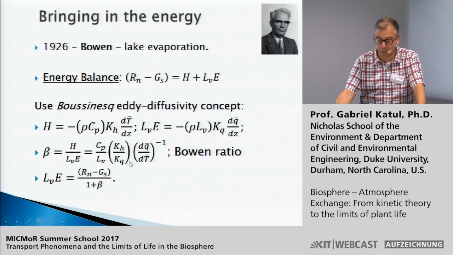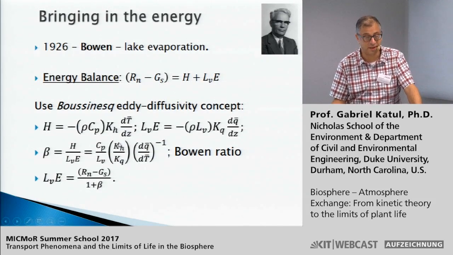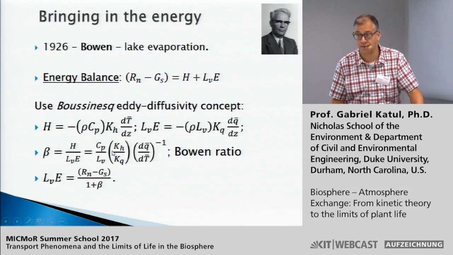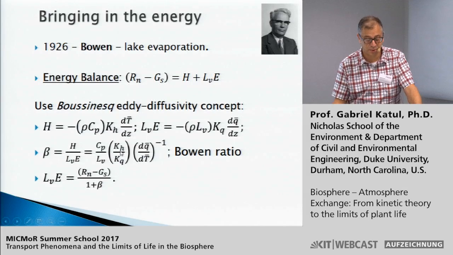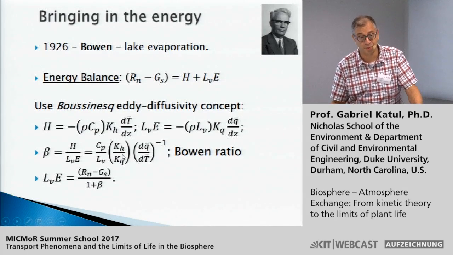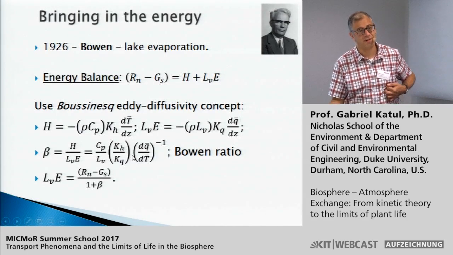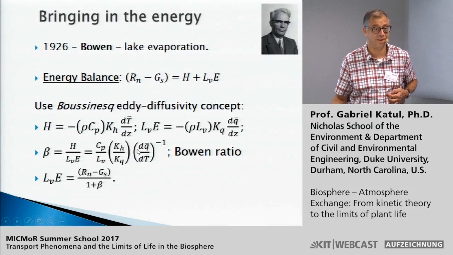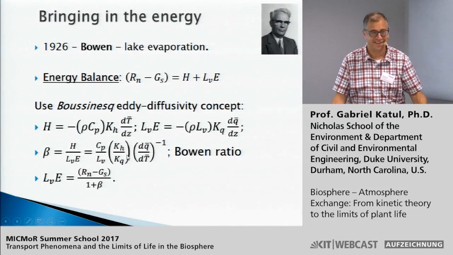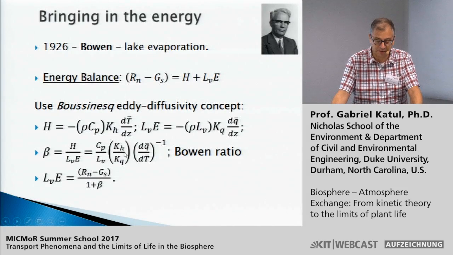And he was able then to reason, incorrectly in fact, because he made the argument that the eddy diffusivities of heat and water vapor resemble those of molecular diffusion. So in fact he assumed that the ratio of eddy diffusivities of heat and water vapor is the same as the ratio of molecular diffusion coefficients of heat and water vapor. And he was lucky because they're not that far off in this case, but they could have been far off in other cases. So he made this analogy, canceled the ratio of the eddy diffusivities, and ended up with what we now call the Bowen ratio.